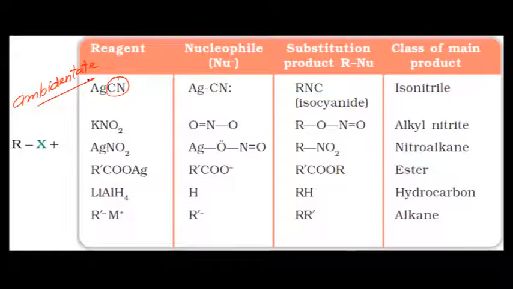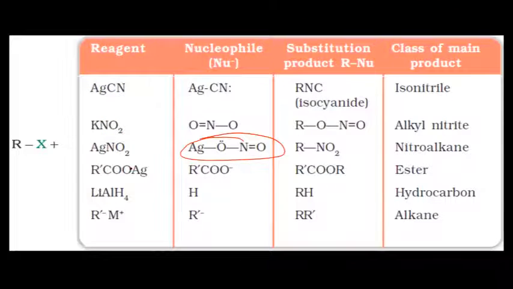We will talk about these in the coordination compounds chapter also, the ninth chapter. Ambidentate, didentate, chelate, etc. More about it in that chapter. The species which can connect to the central atom from two points are known as ambidentate. Same is true for NO2: KNO2, AgNO2, same thing. In this particular case, oxygen is attached to the silver.